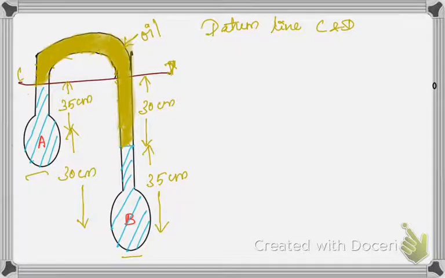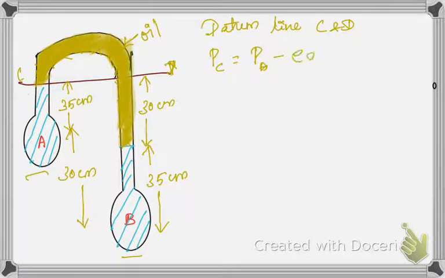So as usual, here also the same concept. Only thing, because it is an inverted U-tube manometer, we will be subtracting. In a normal U-tube manometer we will be adding, here we are going to subtract. So I am taking as usual the pressure below the datum line CD. I will take PC to be the pressure below the datum line CD in the left limb, which is equal to PA